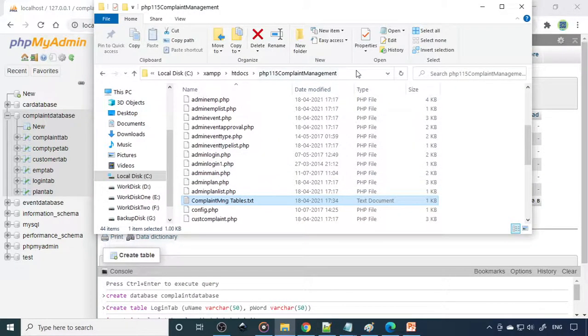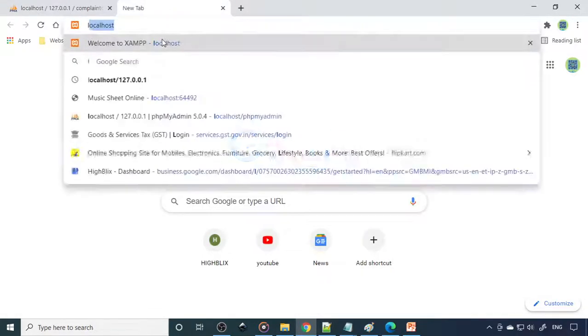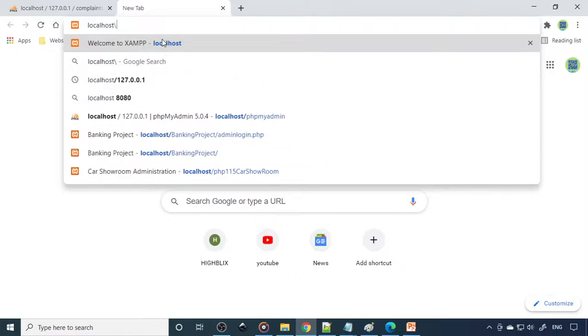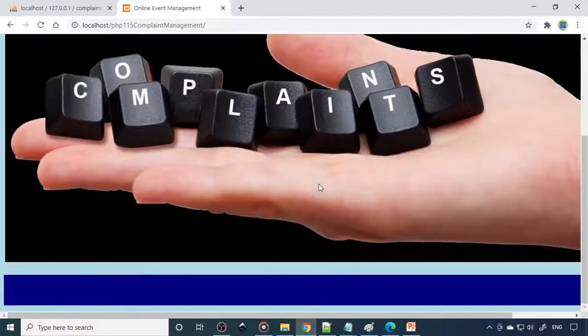Anyhow, let's run the project. I'll show you this. To run the project, you need to copy the folder name in the htdocs. So this is C:\XAMPP\htdocs. Where you have installed it is very important. If it's in D drive, D:\XAMPP\htdocs, or C drive, C:\XAMPP\htdocs. Then you need to copy this folder. Once it's copied, we can go back to the browser, open a new tab, type localhost/ and then type or paste the folder name. So here is the folder name. This is the main page.